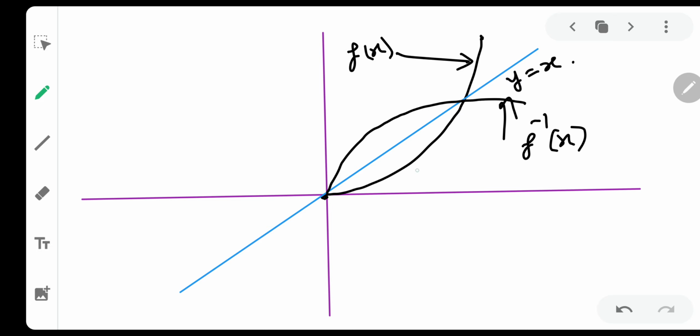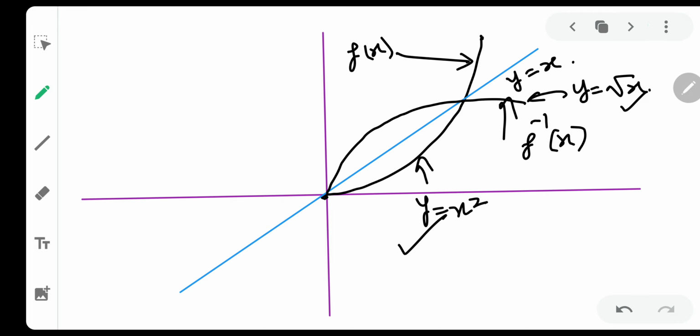So as we all know, this particular graph is y equal to x square and this particular graph is y equal to root x. If you don't know how we know that this particular graph is x square and this particular graph is root x, please go to our playlist which is provided in the description box. From there you can find lecture number 1, 2, 3, 4 in which I have shown and made you understand how to draw the graphs of 1/x, x square and root x. So basically we understood how to draw the inverse graphs.